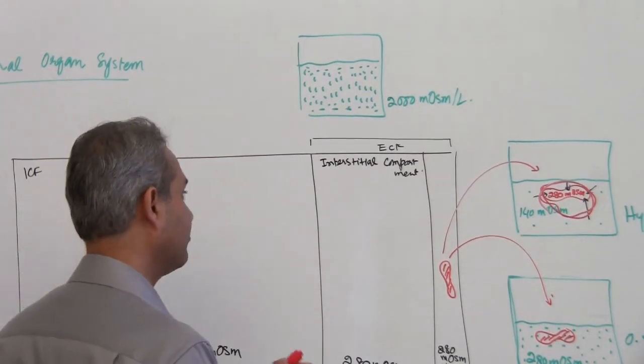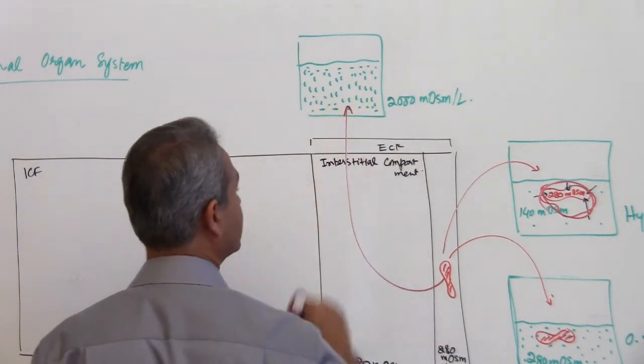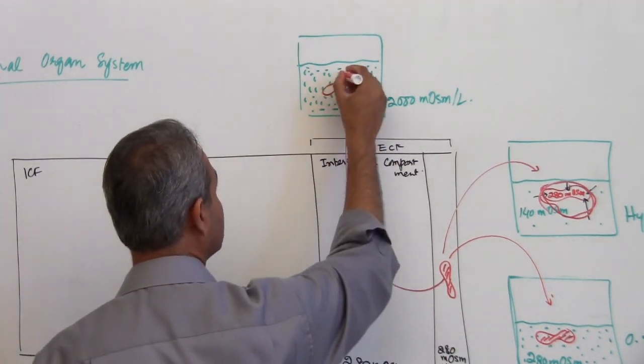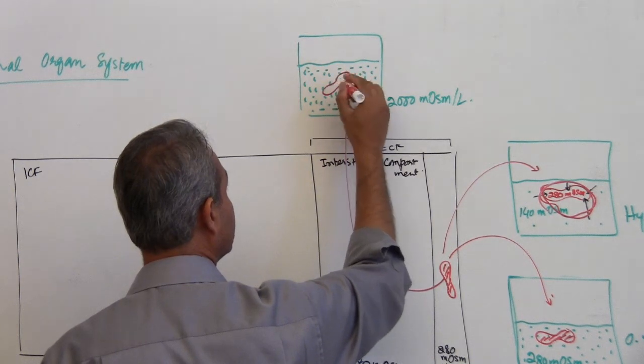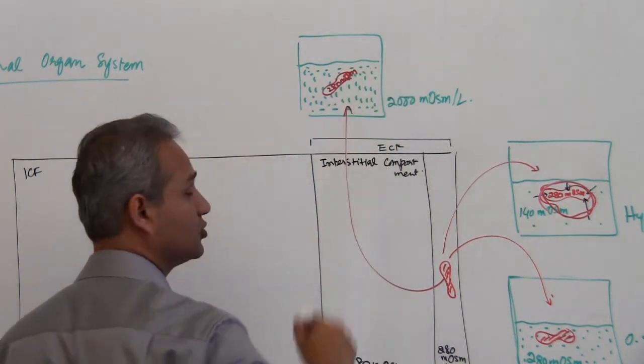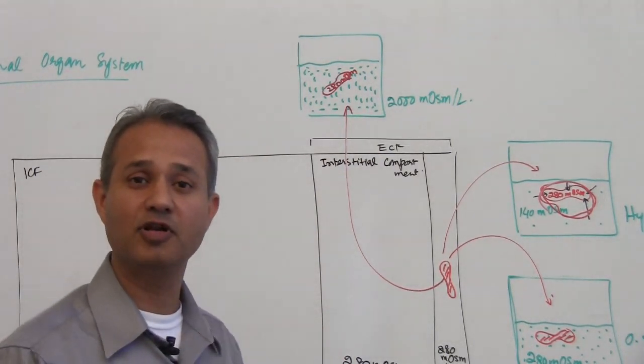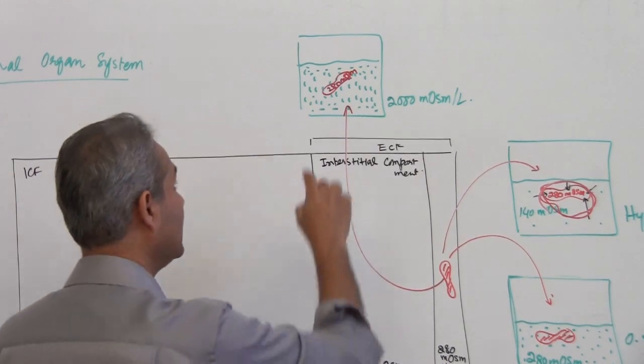In this, if once again our poor experimental RBC, if we put that over here, what's going to happen? So RBC comes in here, sits down, it is 280 milliosmoles inside, outside is 2000 milliosmoles. What does that mean? Where is the concentration of volume more? Inside the